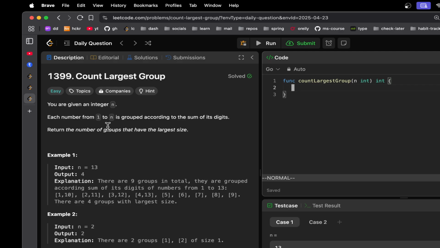So as you can see, he says we are given an integer n, and we want to return the number of groups that have the largest size. But what does he mean by group here? So let's see. Is group according to the sum of its digits? So basically it is saying, given n